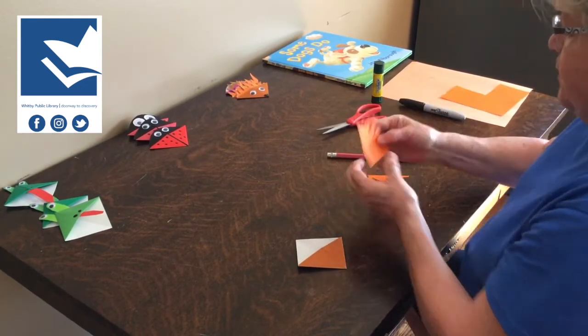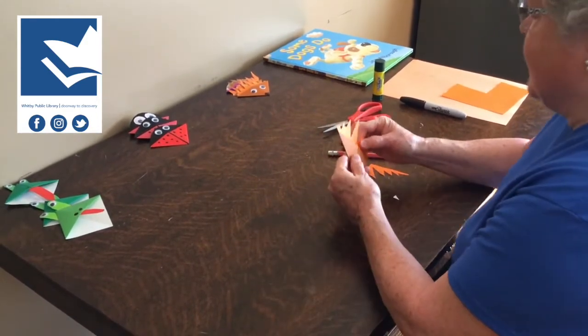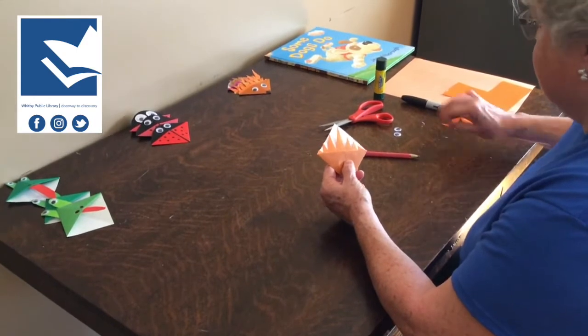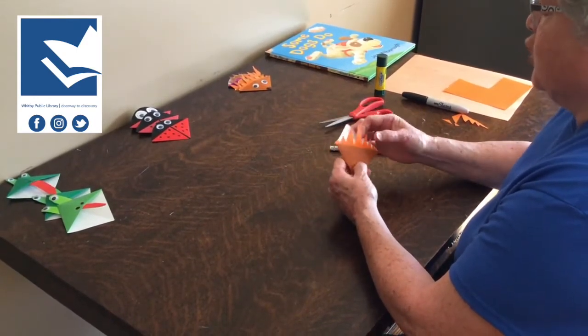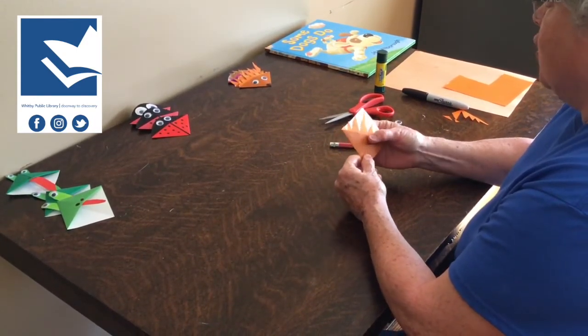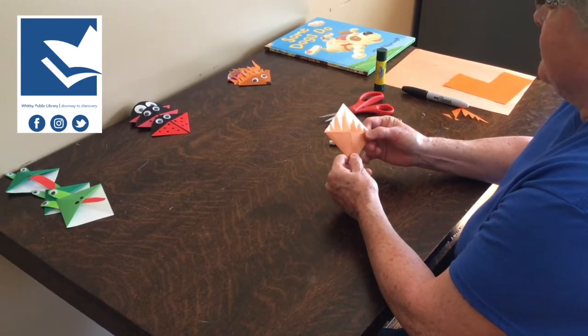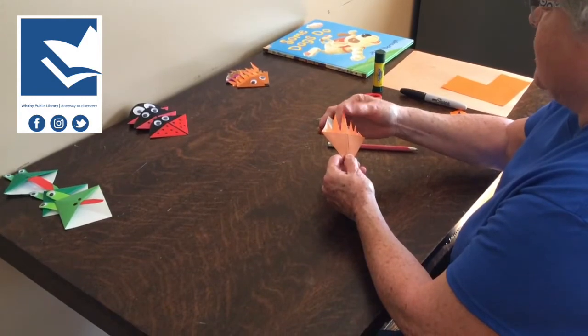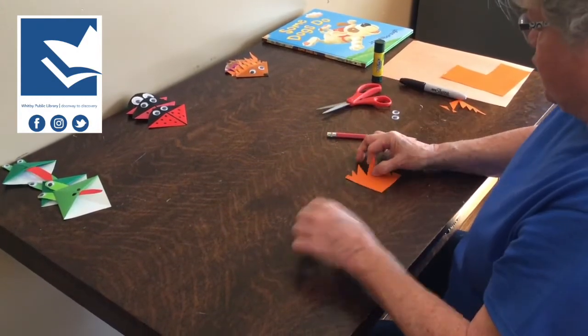There we go. I'm going to put it in again. When you place something without gluing it, but you are going to glue it eventually, do you know what that's called? It's called dry fitting. So we were dry fitting the spikes into the hedgehog, and that looks perfect. So I'm going to take it out,